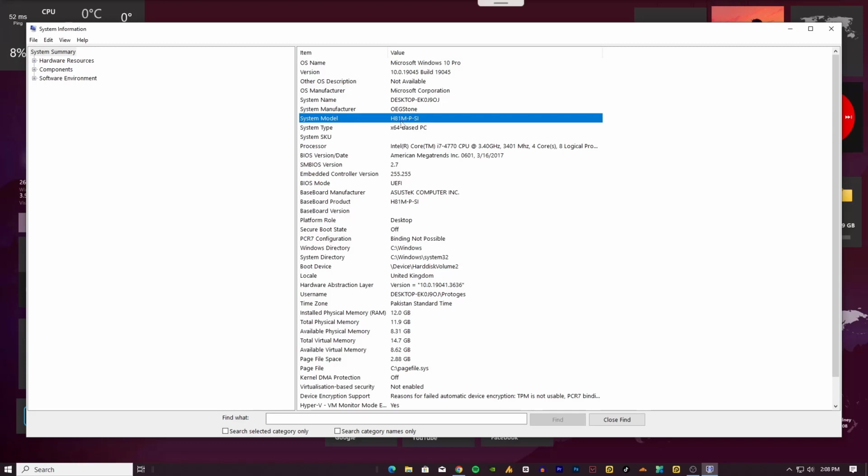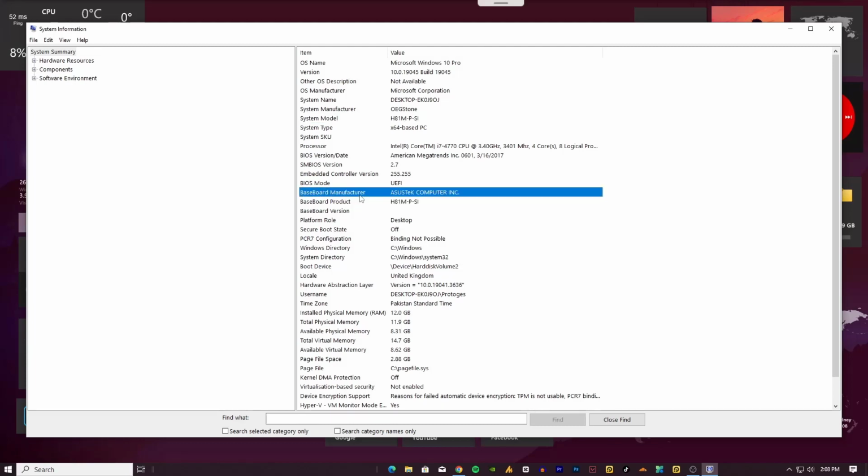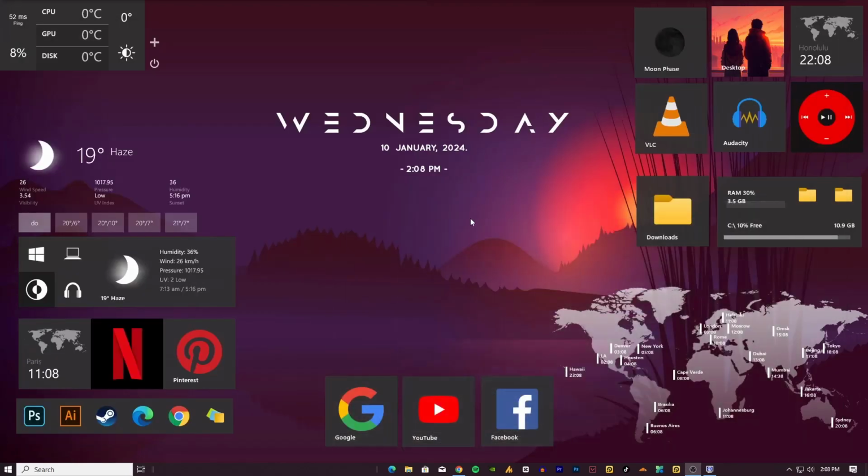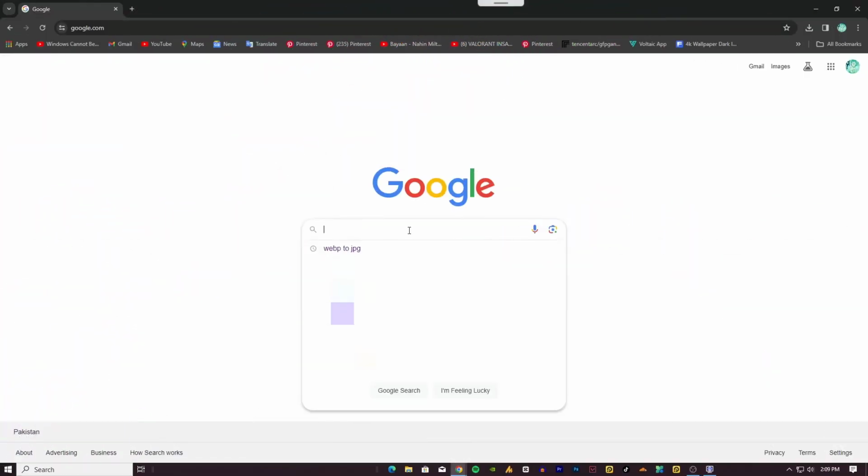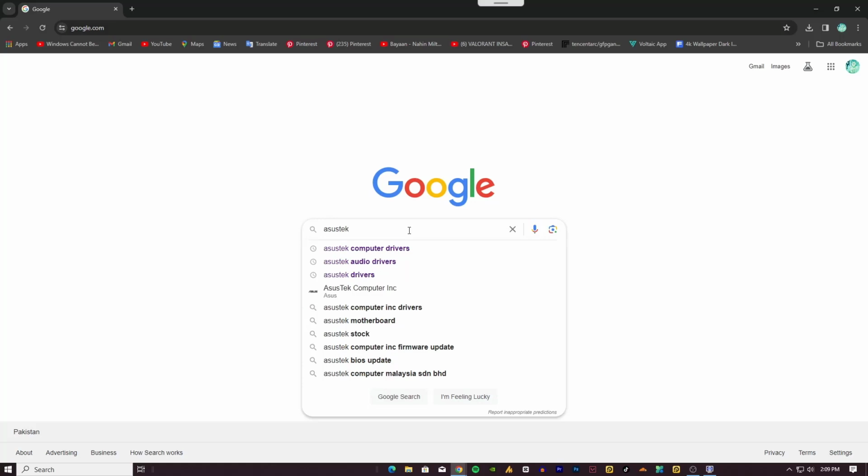Okay, I'm using an H81M-P motherboard. Now the second thing is the baseboard manufacturer, which is related to your official company, ASUSTeK Computer Inc. Now these two things are important, baseboard and baseboard manufacturer. Alright, now just minimize it. Alright, now search ASUSTeK